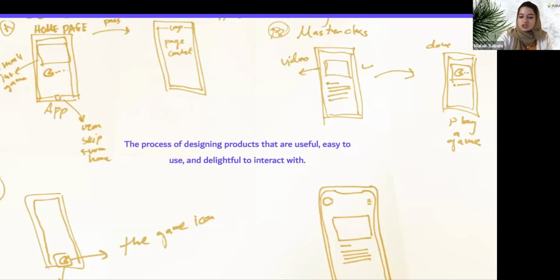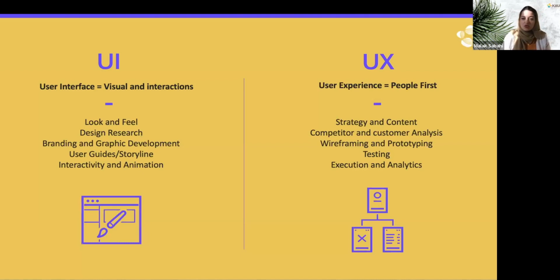is the process of designing digital or physical products that are useful, easy to use. They need to be useful, easy to use, delightful to interact with. It's about enhancing the experience that people have with the product, with the device, or with the app, or with the website, and it's making sure that they find their way in the easiest way possible. So you guys don't get confused between